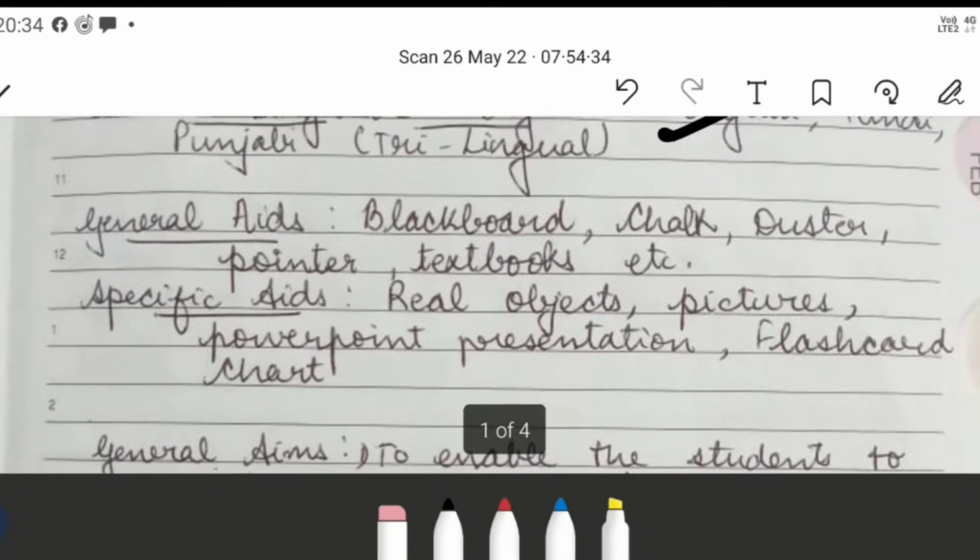The general aids that you have in your classroom are the blackboard, chalk, duster, pointer, textbook, etc. जो भी आपकी क्लास में अवेलेबल है, हर टाइम अवेलेबल होता है, वो आपने लिखना है यहाँ पर। ठीक है, क्योंकि हर टाइम आपकी क्लास में ब्लैकबोर्ड भी होता है, चौक, डस्टर, ये चीजें अवेलेबल होती हैं। नेक्स्ट इज द स्पेसिफिक एड।